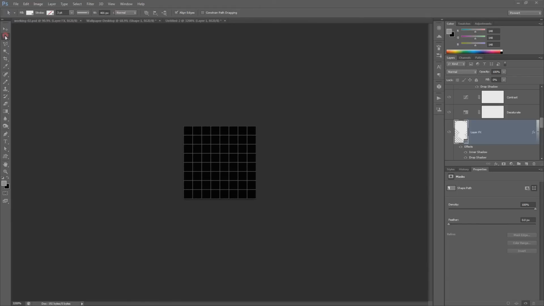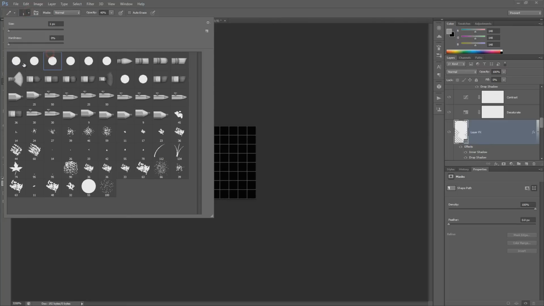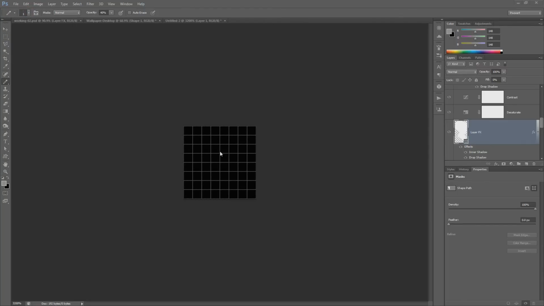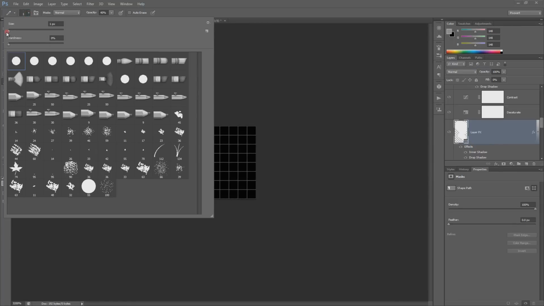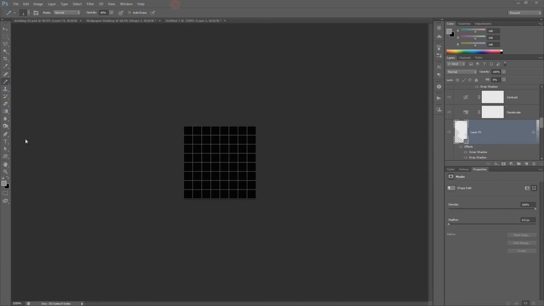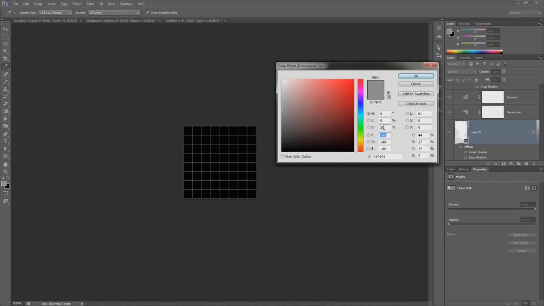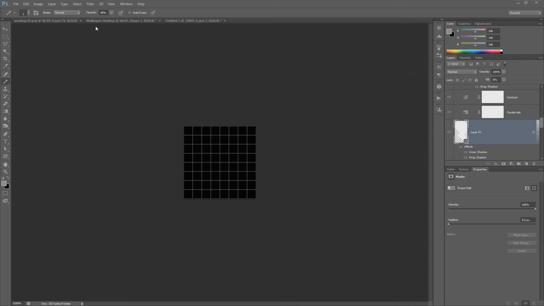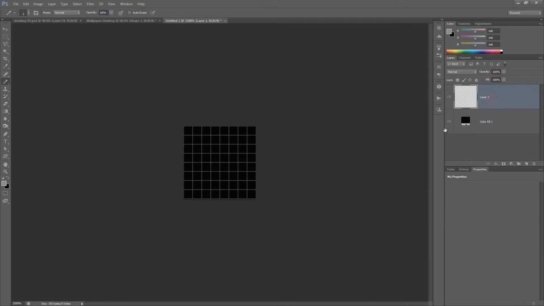Let me just move to the pencil tool. And with the pencil tool, what we want to do is to choose any of these brushes, just reduce the size of the brush to 1 pixel. So we'll go down to 1 pixel, and then we're going to make our foreground a gray of 00 for the hue and saturation, 58 for the brightness. We're going to choose an opacity of 66%. We've got an empty layer, black background, and we are going to draw on the empty layer with our pencil. So we've got the pencil selected, 1 pixel, 66%,